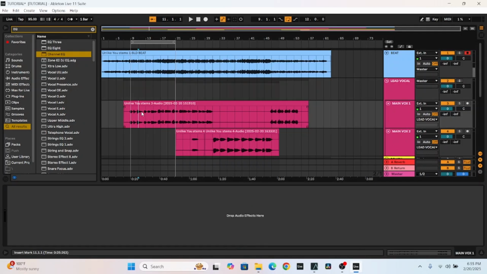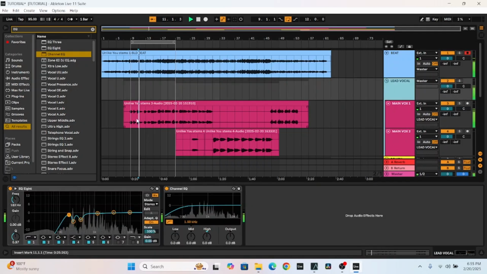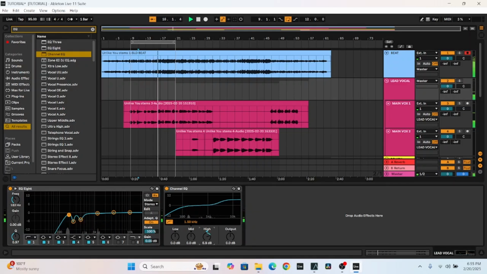So looking at this now, I feel like I want this to have a little bit more presence, so I would want to boost the frequency around the high ends. So let's come on here. Now it's too much, it's too crispy, so I would slightly reduce that. And the lows, I think I'm good with the way the lows sound right now. We did a really good cut on the EQ8, so